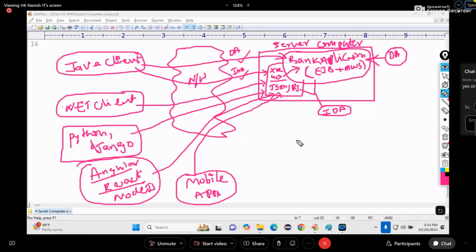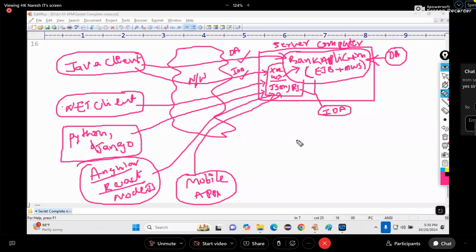Using them, we develop web applications. EJB is called an enterprise distributed technology. Using it, we can develop one big company application as a distributed application. Web services are an interoperable technology, which provides access to an application for different client applications.